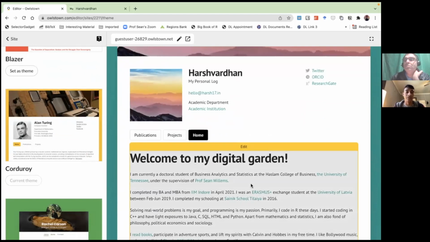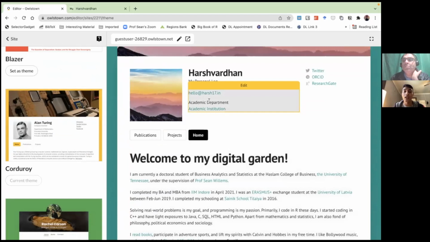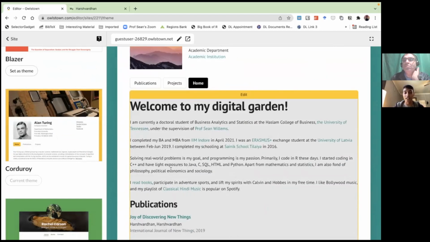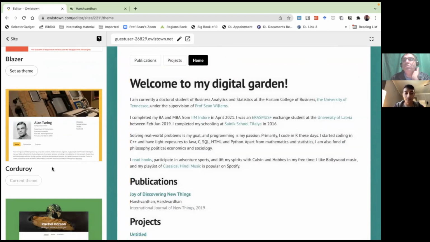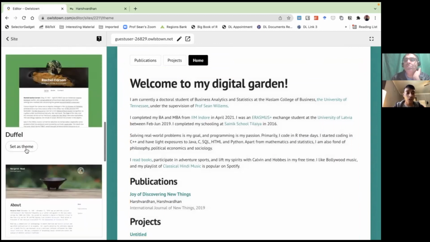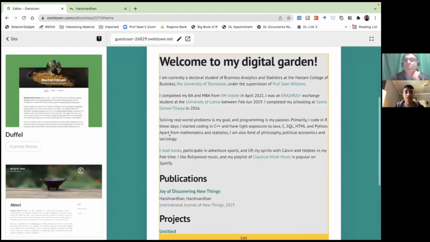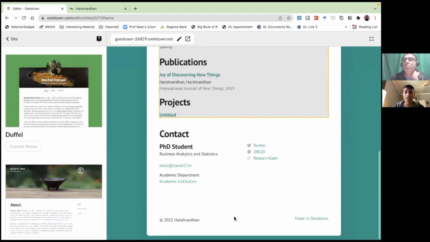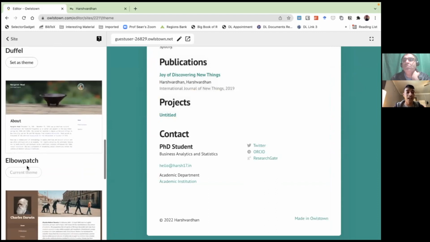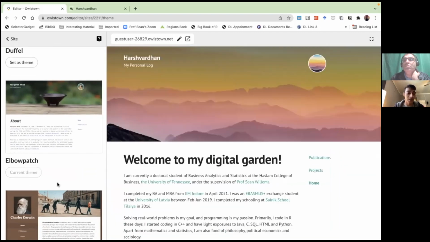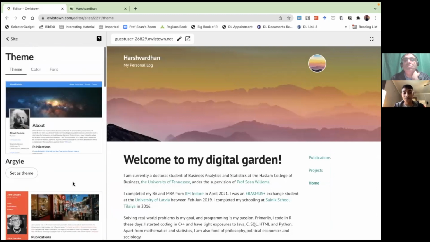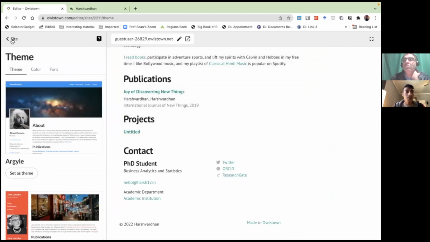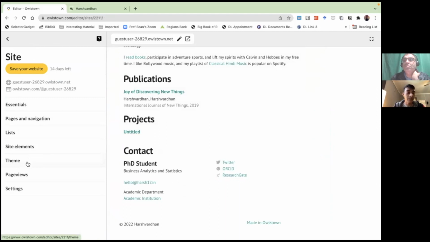So if, let's say, I do not blog occasionally and I just want to put my public profile out there, this is probably a good thing because it is showing me all the things that I need to know about that person on a single web page. There are other options as well. This is a simple one page thing where you have one straight page of every single thing. Then sometimes you can have more content and you can experiment, of course. There are multiple others. So that was a brief overview of the themes.